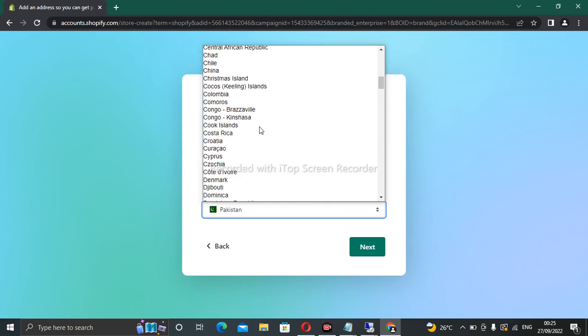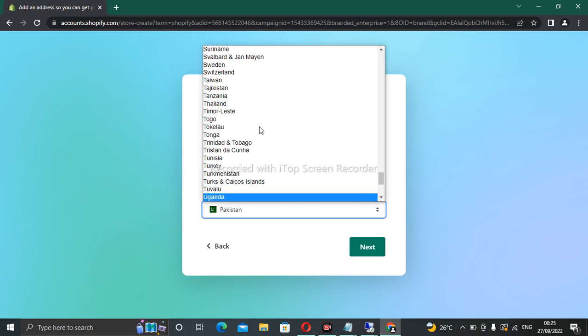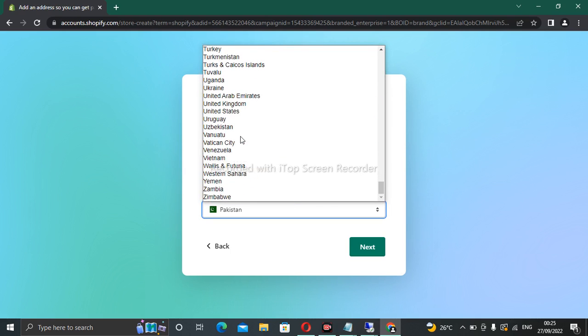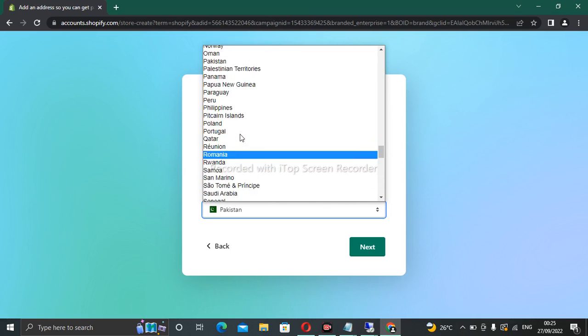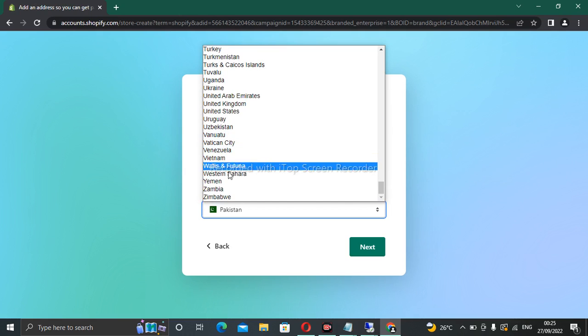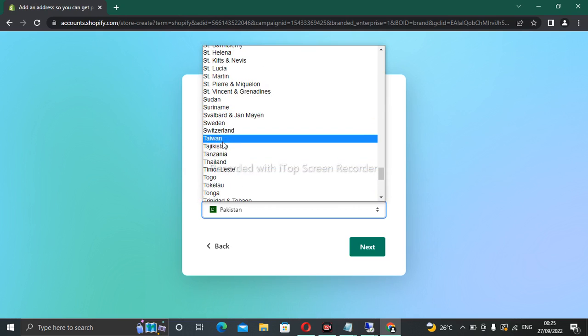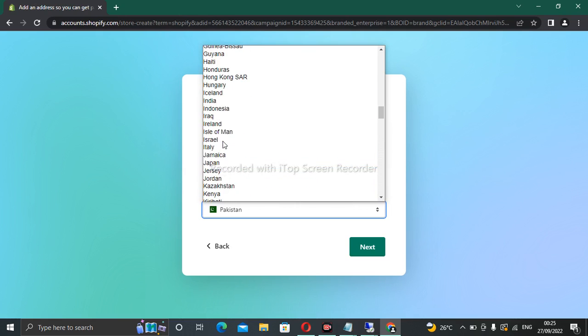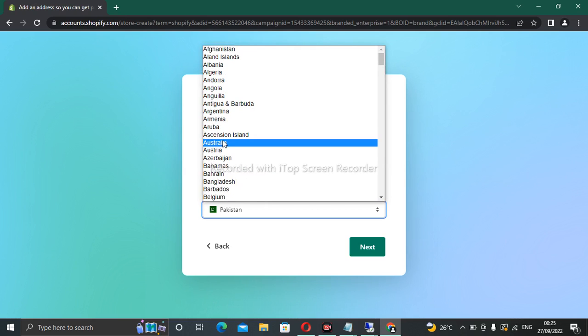Your country, choose your country. For example US, I choose my country. Or for example I want to choose US, United States or USA or other. For example I choose here any country. For example I choose here, I find here